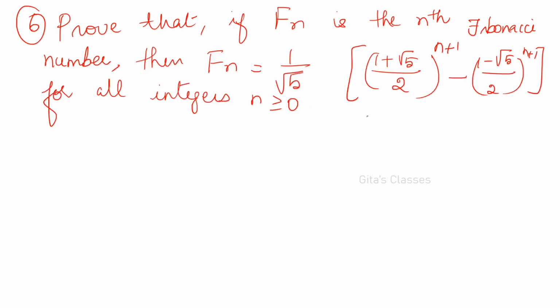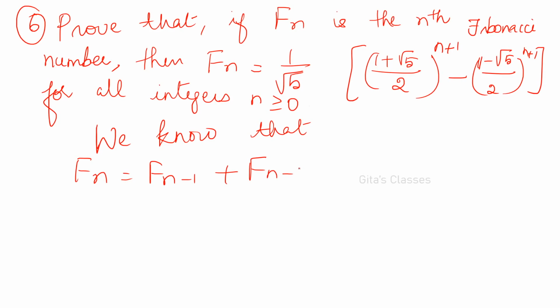So we know that if you substitute n is equal to 0, you will get the initial condition. Generally, you write the recurrence relation first. We know that Fn is equal to Fn minus 1 plus Fn minus 2. This is the recurrence relation of the Fibonacci number. Because they have mentioned it is a Fibonacci number, you need not substitute and find F0 and all. We know that Fn plus 2 equals Fn plus 1 plus Fn, with the initial conditions F0 is equal to 0 and F1 is equal to 1.